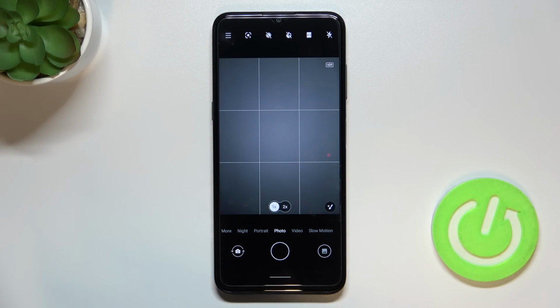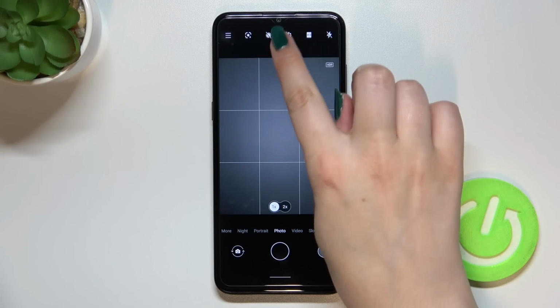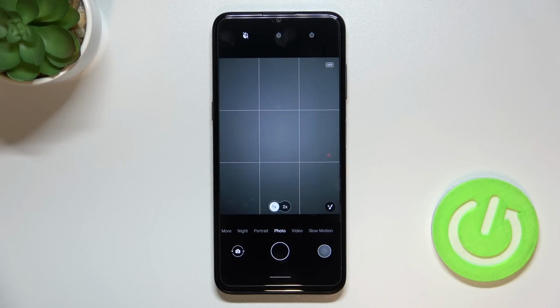Currently this clock icon is crossed out, which simply means that the timer is off, so your device will take photos right after touching the shutter button. So if you'd like to set the timer, just tap on this icon. And as you can see, we've got two different options from which we can choose, so we can set 3